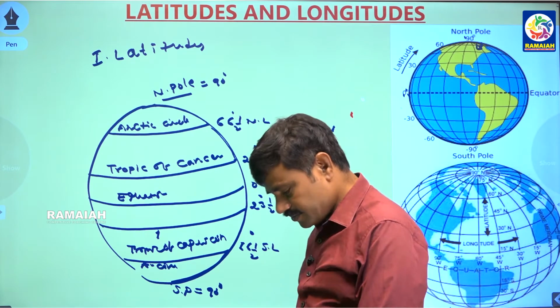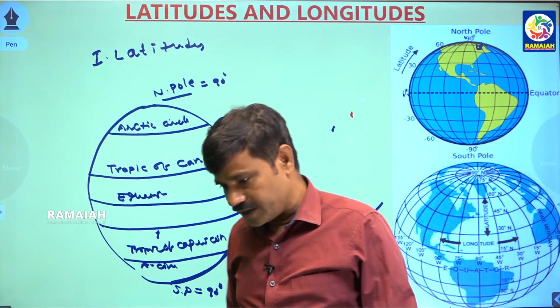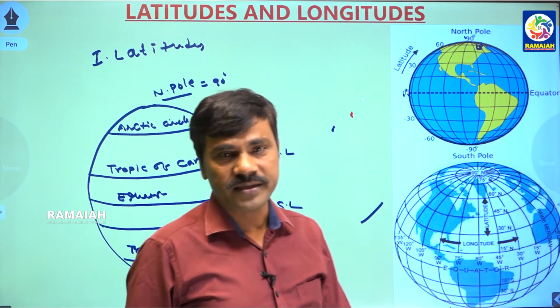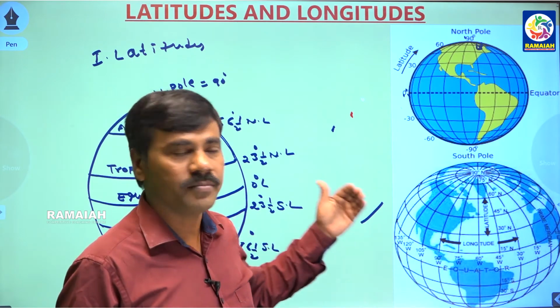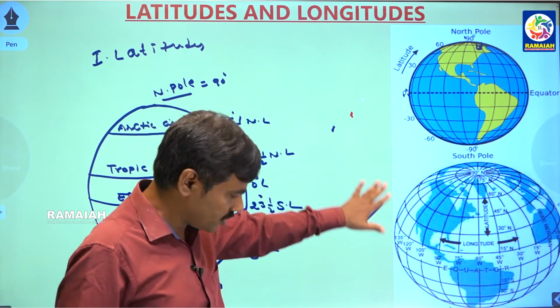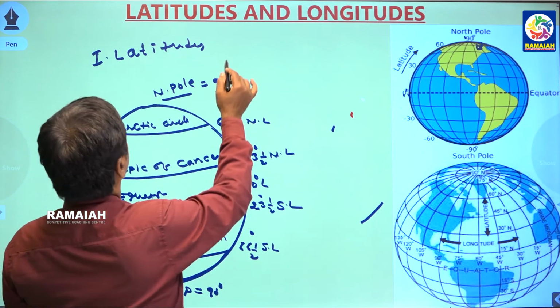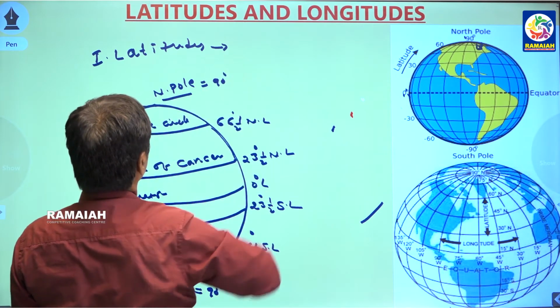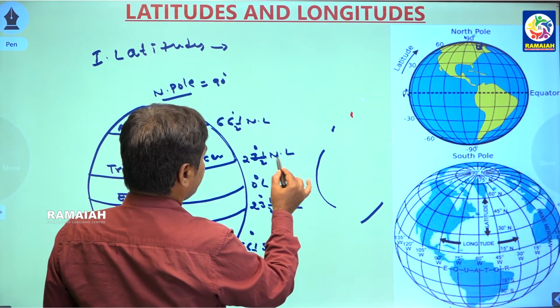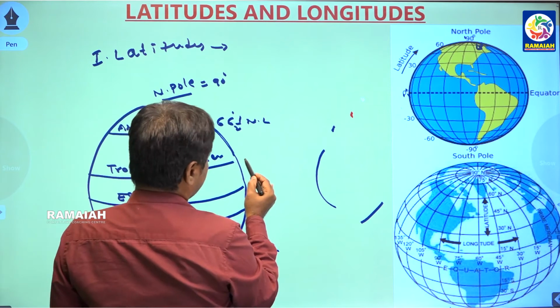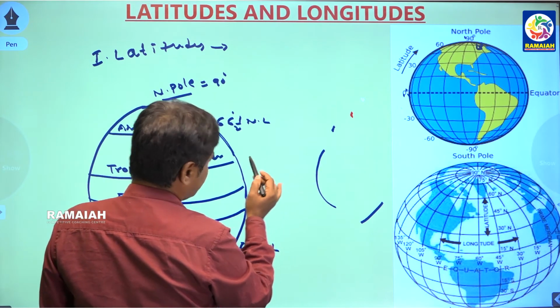Everything here, these latitudes are very important. To find the distance between any two countries or any two continents, these latitudes are very important. These are very important latitudes on Earth's surface. Now you can see the sun rises on the eastern side of the